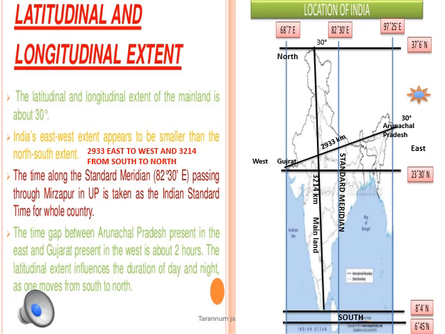So the first rays of the sun, when the sun rises in the east, you will see the sun rays first in Arunachal Pradesh, because the earth is moving from west to east. By the time the movement of the earth brings the rays of the sun to Gujarat, it takes 2 hours. So there is a 2 hours time gap between Gujarat and Arunachal Pradesh, but still the Gujarat timing and